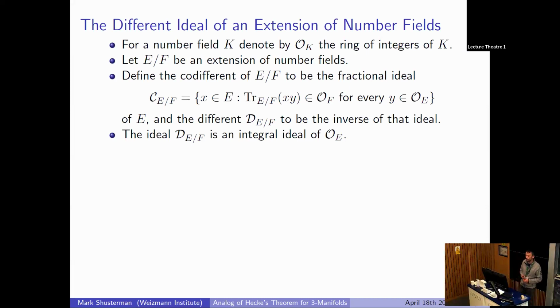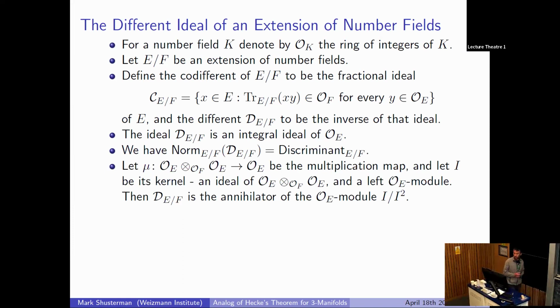So why are we interested in this invariant? Why are we interested in the different and the codifferent? I'm going to give a few reasons or a few equivalent definitions to motivate why one should care about this invariant. So first, if you care about the discriminant, it's reassuring to know that this is a related invariant, and you can redefine the discriminant in terms of the norm of the different, or you can define the discriminant as the sort of volume of a certain lattice, and then take this as a property, a proposition.